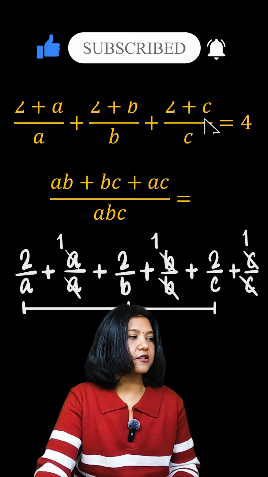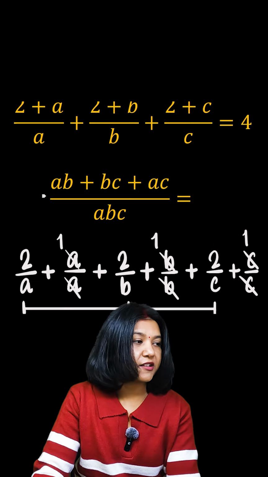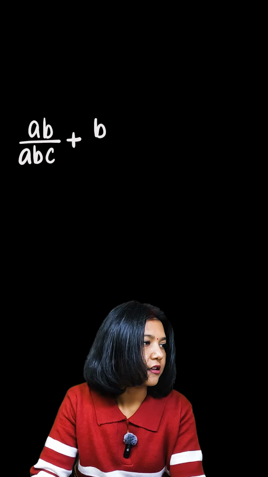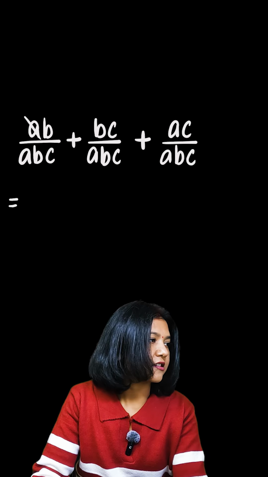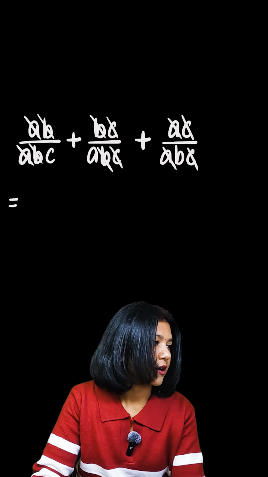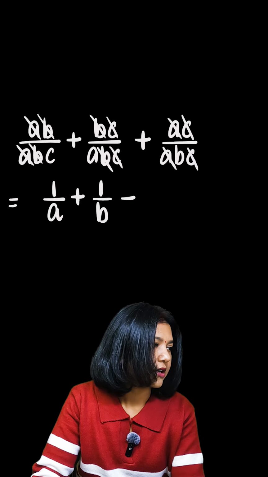If you look at the question carefully, ab upon abc, I can again do the same thing. I can split the denominator, and if I give it to them individually, you will see something really interesting because you have found out the answer already. Okay, just do it. If you want to simplify this, you clearly see that they are just the reciprocals. So what do I have? 1 by c, 1 by a, and 1 by b, which is just the reciprocal sum: 1 by a plus 1 by b plus 1 by c.